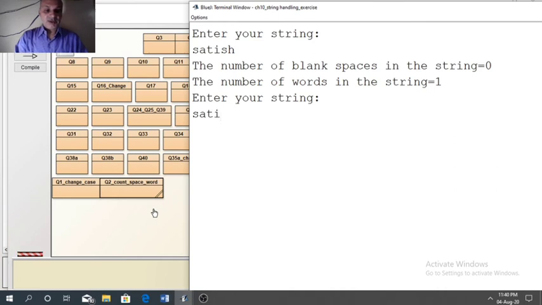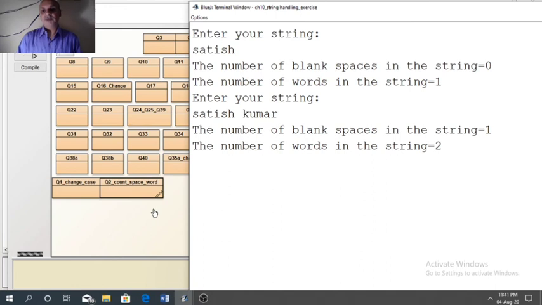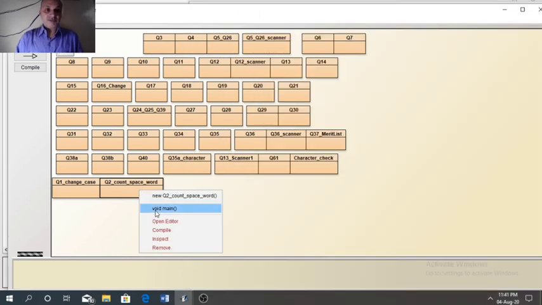If we type a string of 2 words, here you can see Satish space Kumar. How many spaces are there? 1 space and the words are 2. So you can see here also it is working.